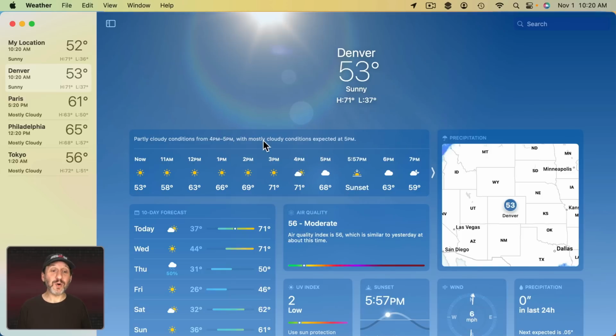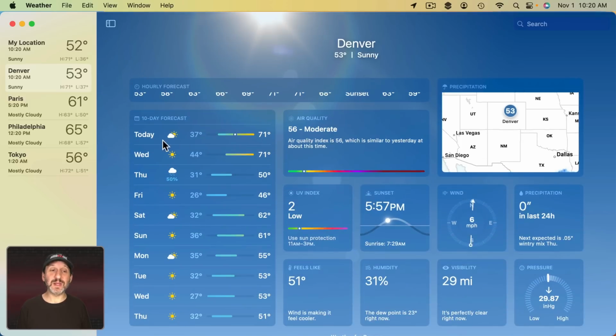Now one thing I know people often wonder about is what do these bars mean here in the 10-day forecast? Well, here's what's going on with these. It's a 10-day forecast. So the first thing you need to look at is what's the lowest temperature for the week. In this case it's 26 degrees right here. And then what's the highest temperature? In this case it's 71 degrees. So all the bars for all 10 days are going to go from 26 degrees on one end to 71